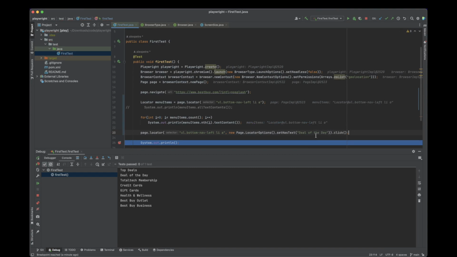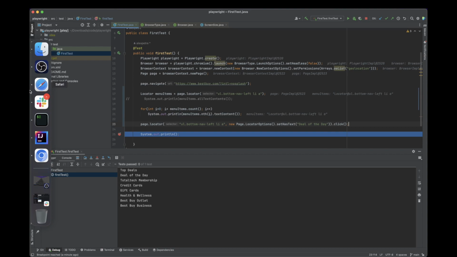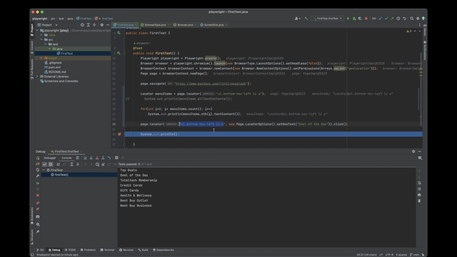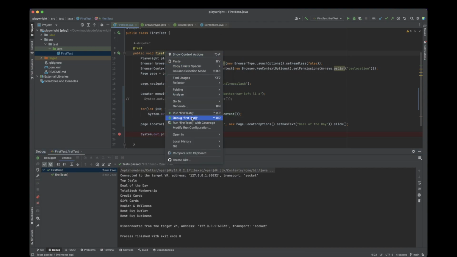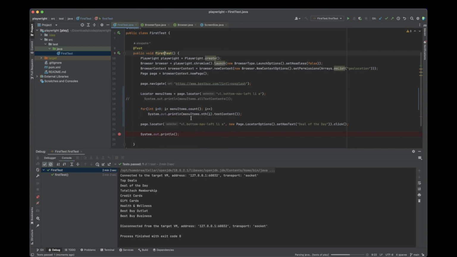Okay, so basically we achieved the same functionality that we achieved in the previous lesson with selectors, where we tried to click on that button using several approaches. But here we use a kind of a different approach where we can pass a filter on a selector that identifies multiple elements. Okay, I'm going to stop my debug session, run it again, and this time I expect that